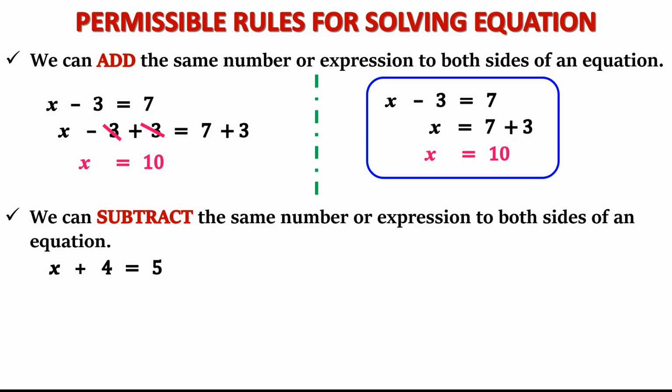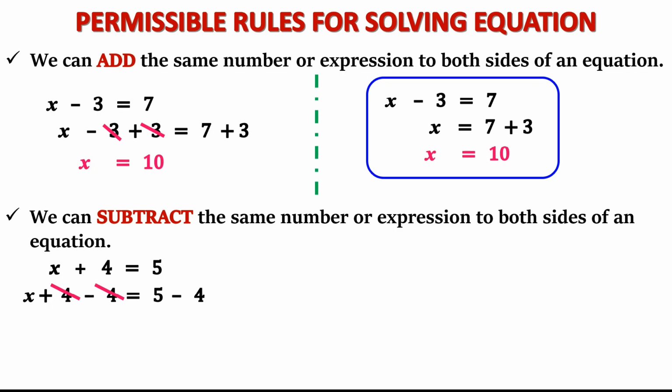And as you know, whatever we are introducing in the left hand side, the same thing we have to introduce in the right hand side also. So if minus 4 is introduced in the left hand side, minus 4 will be introduced in the right hand side also. So by doing this, what happens? Minus 4 plus 4 gets cancelled. This is what we wanted. That's why we introduced minus 4, so that in the left hand side we can have only x.